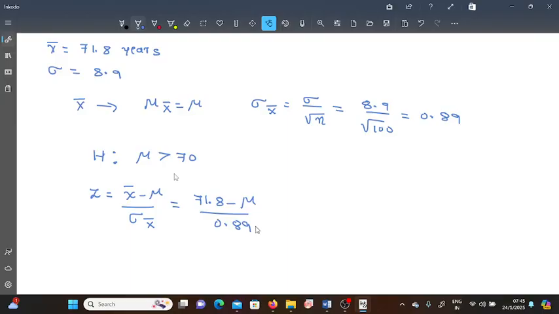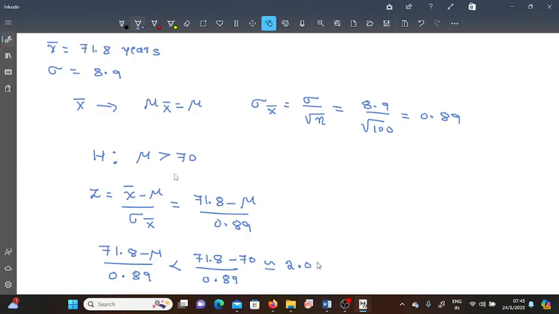Under the given hypothesis, clearly we can write 71.8 minus mu by 0.89, which is less than 71.8 minus 70 by 0.89. This is approximately equal to